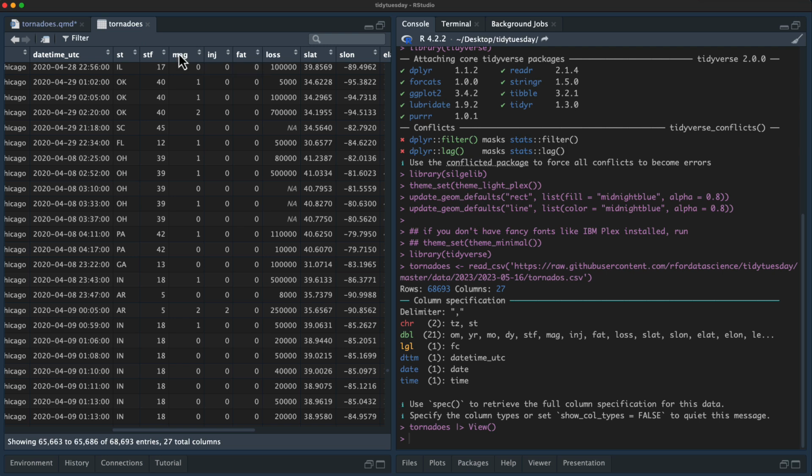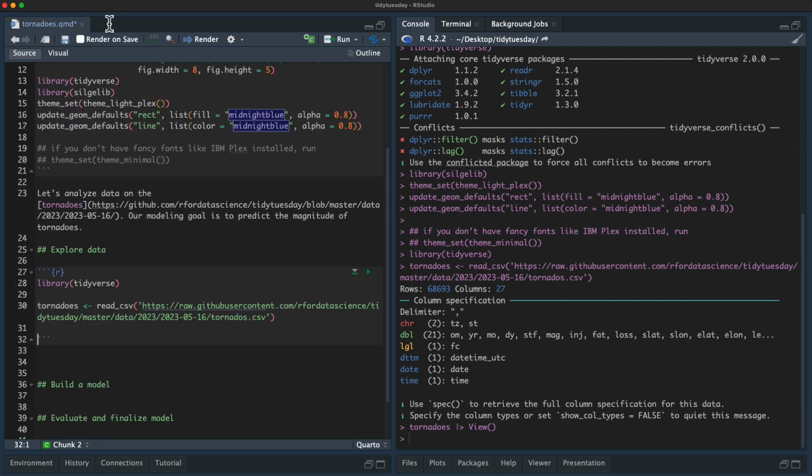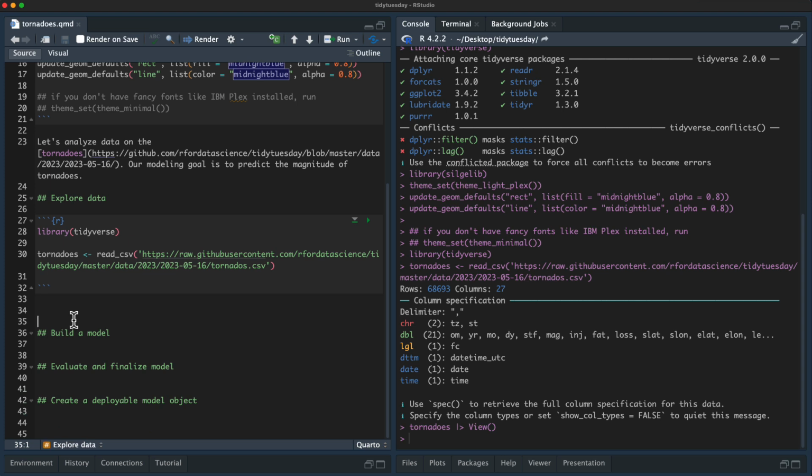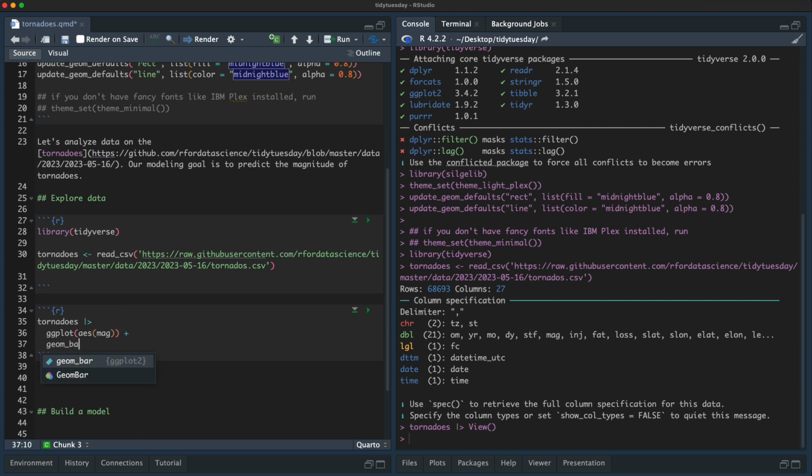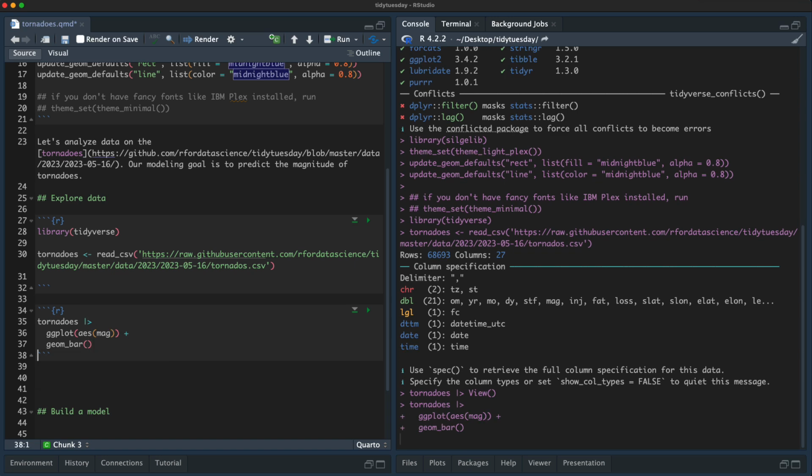So the magnitude is a measure of how extreme the tornado is. So let us take a look at it. So I'm going to just make a histogram of how the magnitude is distributed. I'll do geom bar, so a bar chart actually, like so.